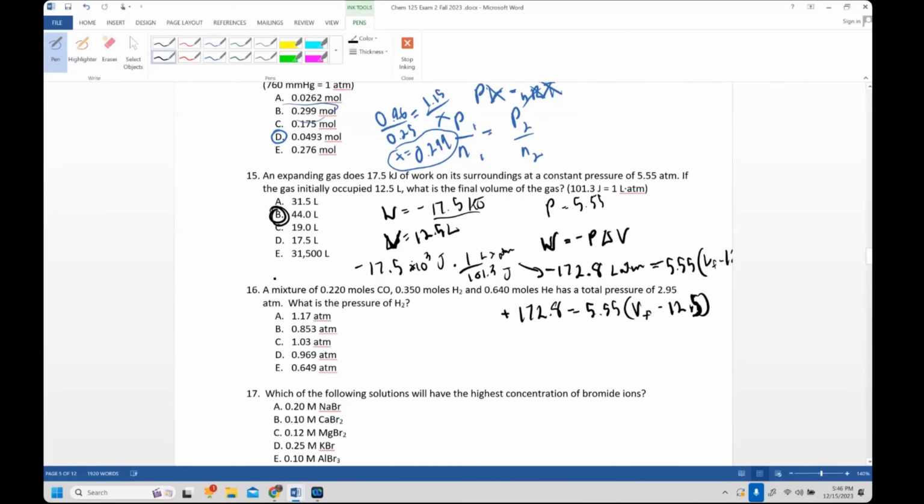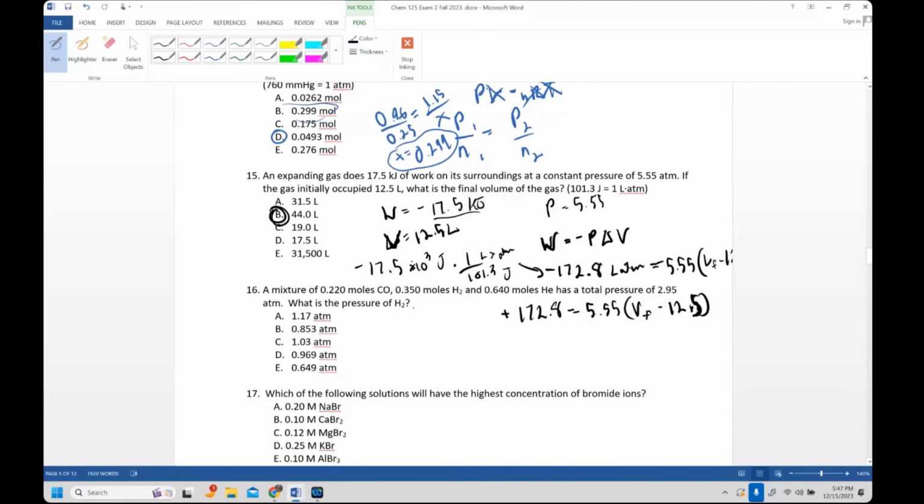A mixture of 0.22 moles of CO, 0.35 moles of H2, 0.64 moles of He has a total pressure of 2.95. What is the pressure of H2? So we're looking for partial pressure. Now, for partial pressure, we know that the partial pressures add up to the total pressure, and it's related to the mole fraction. So if we figure out the mole fraction of H2 and multiply that mole fraction by the total pressure, we